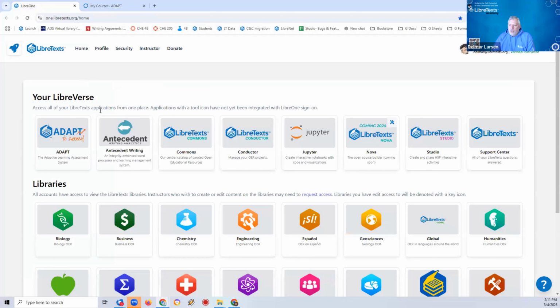So the first thing is something I mentioned yesterday, and if you weren't there yesterday, this is potentially new. With the account that you have, the LibreOne account gives you access to the LibreVerse, which is a courseware, a set of technologies in order to advance the goal of taking the place of commercial publishers from the classroom. And that right there means more than just textbooks, but ancillary materials, including homework, question banks, slide decks, now AI, computational capabilities like Jupyter, interactives, and videos, et cetera, et cetera. In order to be able to address that, we need to have an alternative that handles the full scope of what commercial publishers put out.